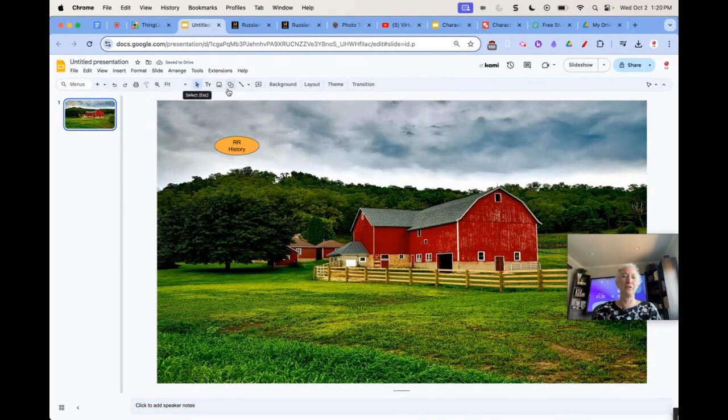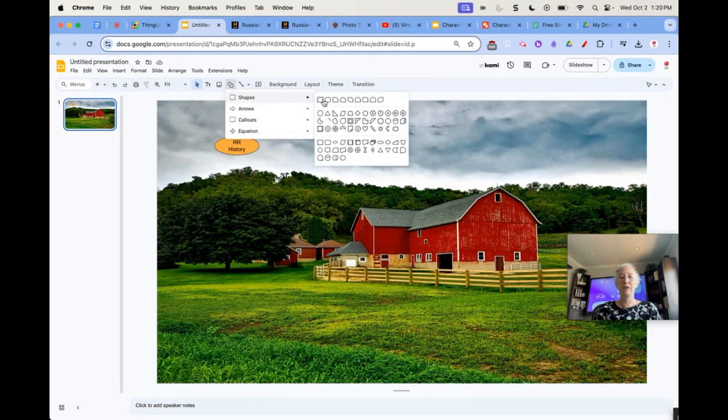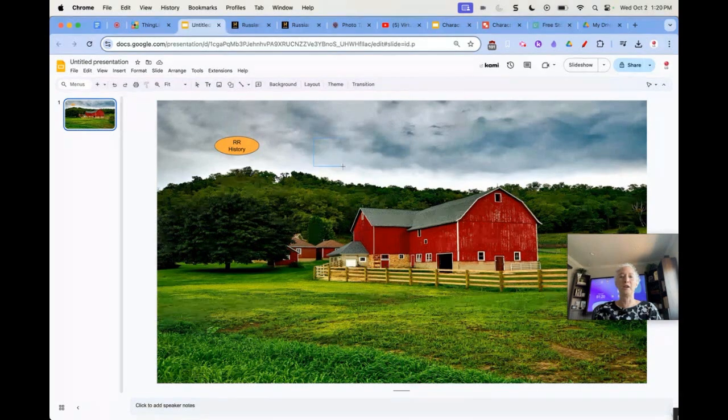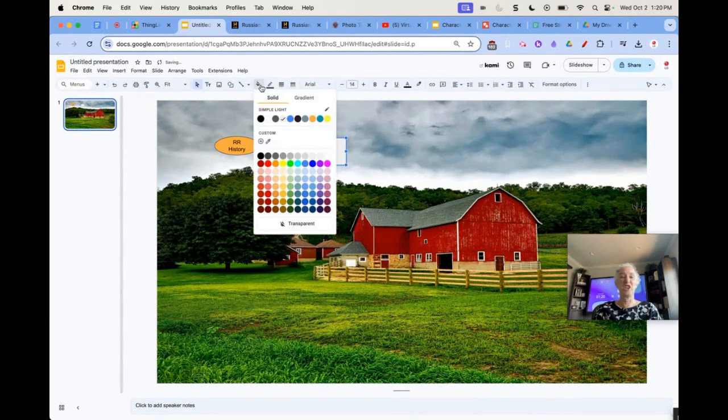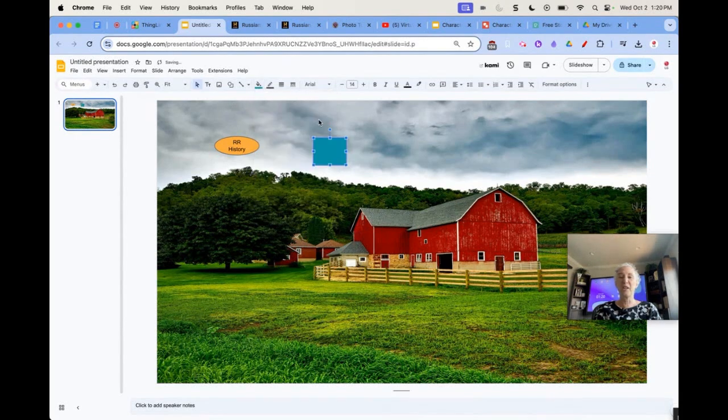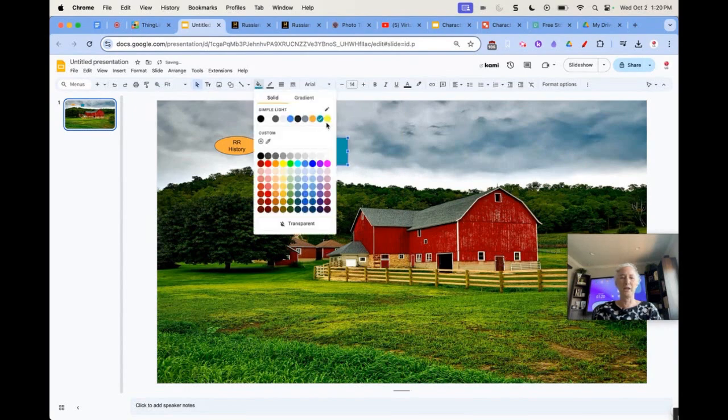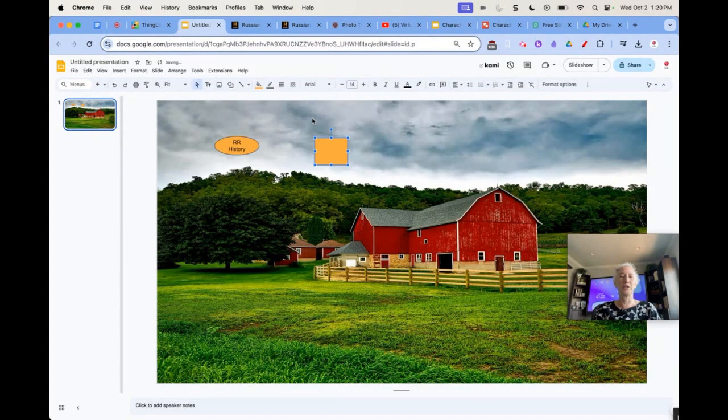So maybe I want a different shape for that. Maybe to signify that it's a YouTube video, I want a square instead, right? And again, I could even change the color for this square if I wanted. It could be green, but I kind of like the orange because it's pretty obvious. There's not really a lot of orange in this picture. And I'll put in YouTube